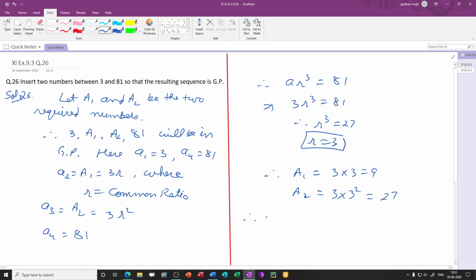So we can say that to insert two numbers between 3 and 81 such that the resulting sequence is GP, the required numbers are 9 and 27,